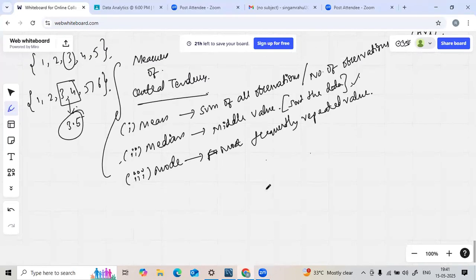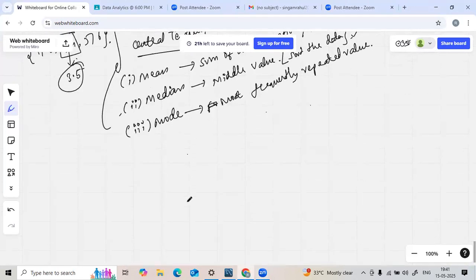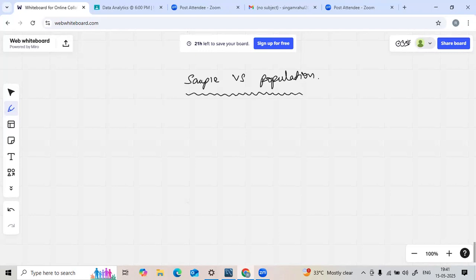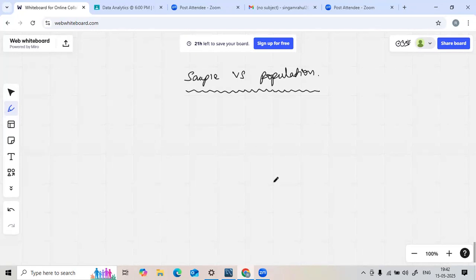So, measures of central tendency, these are the three concepts available. Okay, no problem, Vijay. Yeah. So these are the three options available in measures of central tendency. Now, we'll be focusing on one more topic called sample and population. First thing first, let's try to understand what is sample and what is population. Once we are pretty clear with what is population and what is sample, let's focus on what sampling techniques are available.